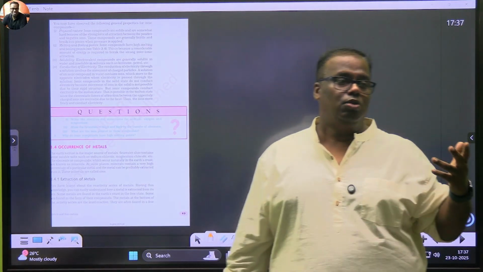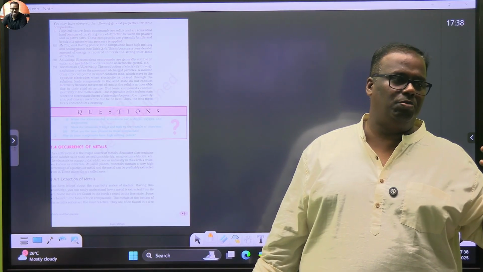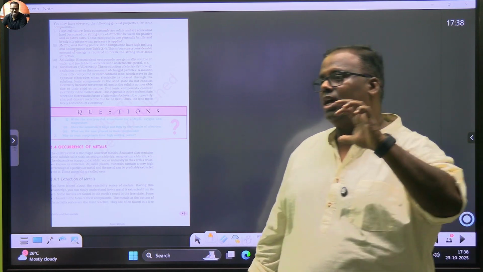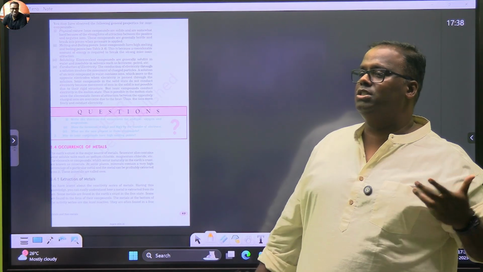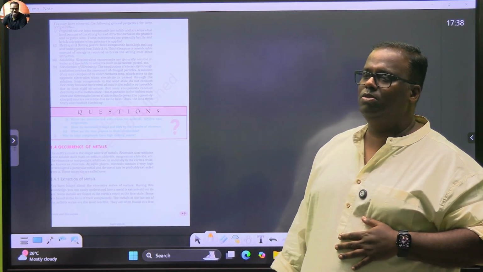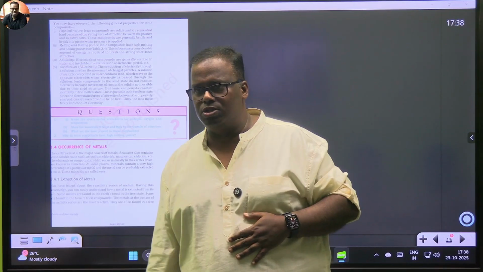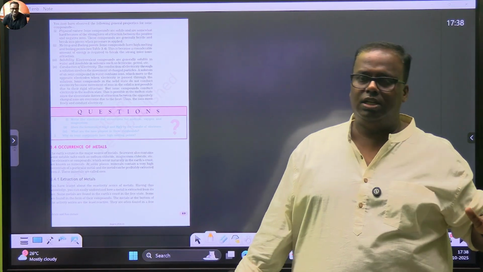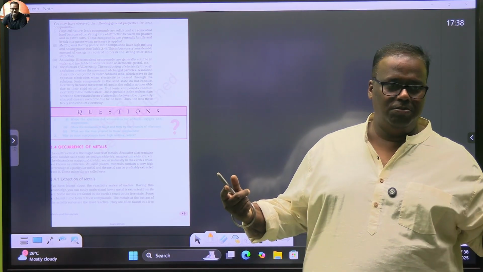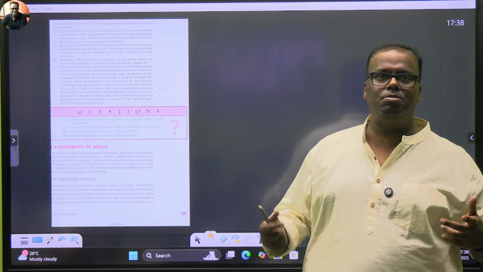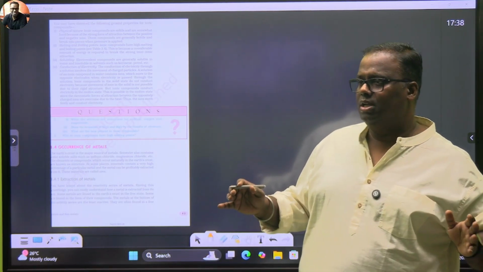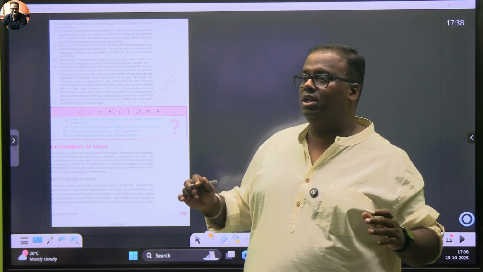Zinc blende, ZnS, copper ores, pitchblende, and so on. So you should be able to extract that element in a more economic as well as easy manner. Have we understood? Some parts are no longer studied, but you should know that whenever you get an ore, we specify some ores, and there are belts of geography which are rich in a particular ore. For example, the ore of aluminium is bauxite. Bauxite is not aluminium. Bauxite is something which has lots of aluminium and some unwanted substance which we don't want, which we call an impurity. We'll come to gangue.